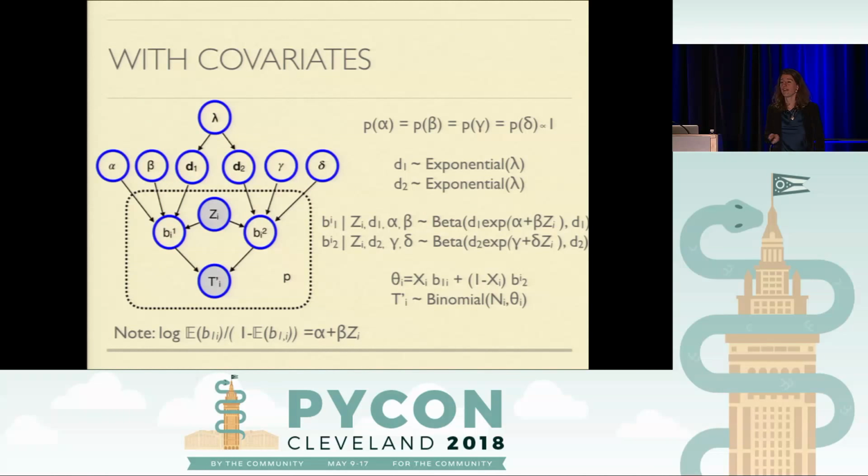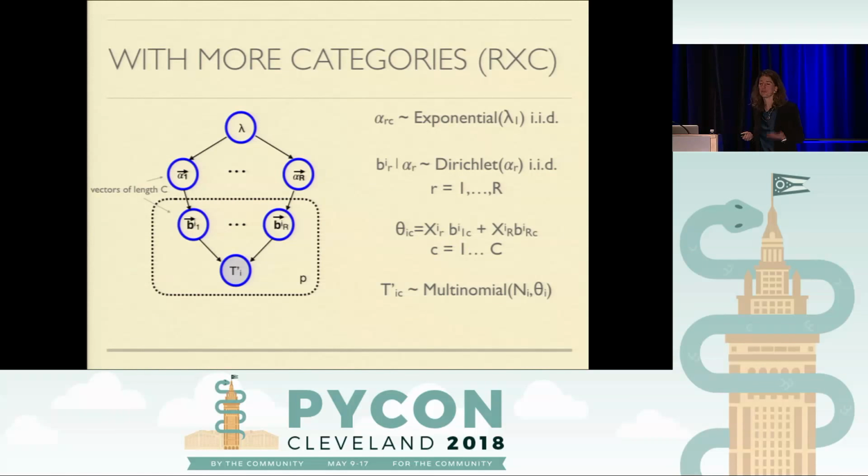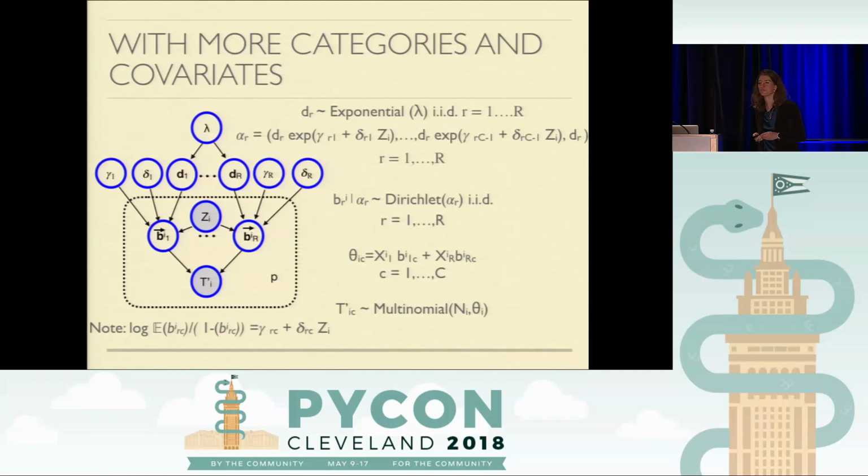Nice things about this are that it produces estimates that are always going to be between 0 and 1, between 0 and 100%. It also makes it really easy to include covariates. So if you want, for example, to include precinct by precinct information on education level or income level or geographic information that you think would affect the polarization rates, you can do so pretty easily. It also extends nicely to having more demographic groups and more political groups. And of course, you can do both of those things at the same time, have more categories and covariates. And now I'm going to turn it over to Colin so that you can see how this all plays out in practice and with some real data.